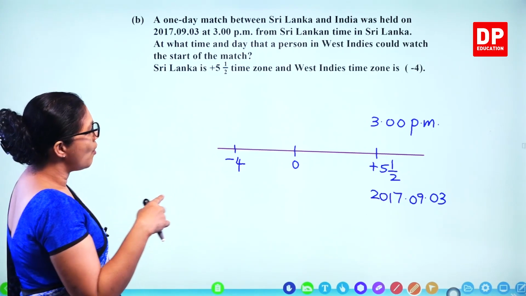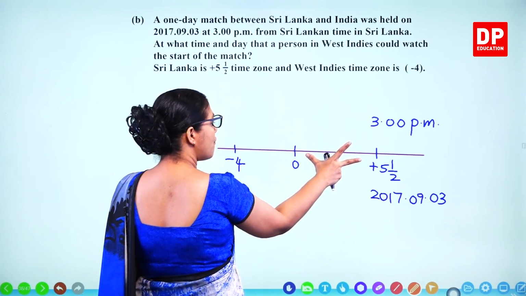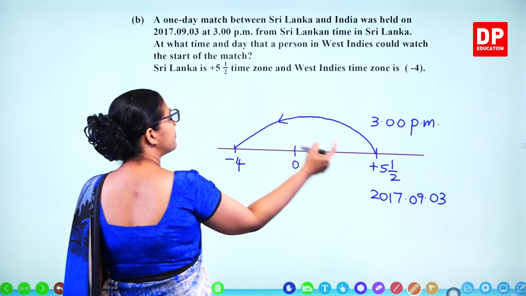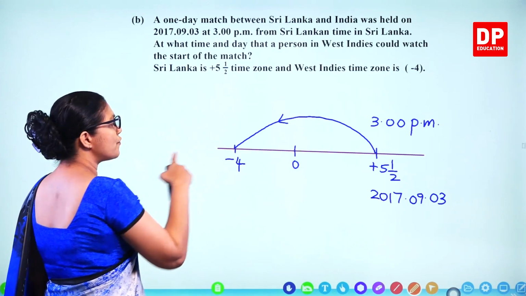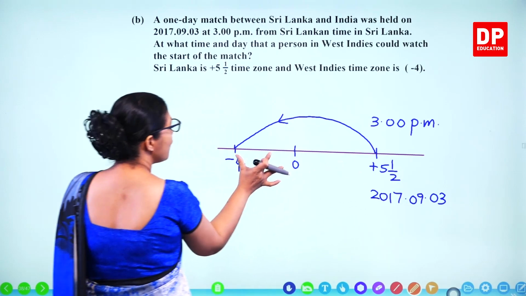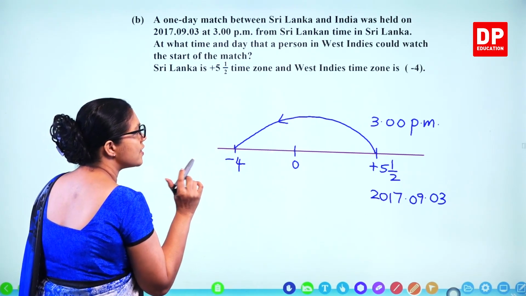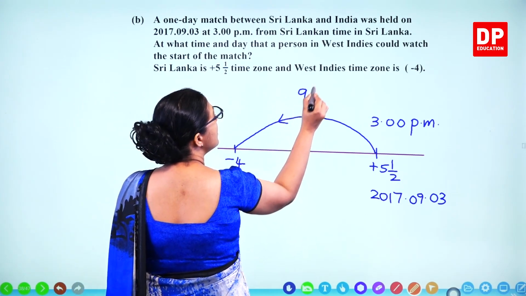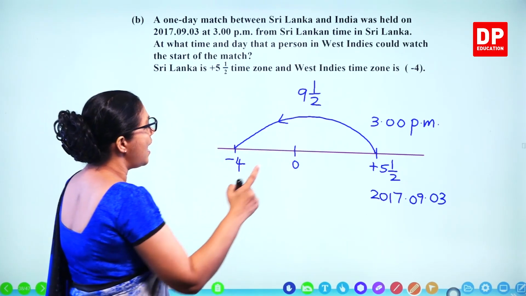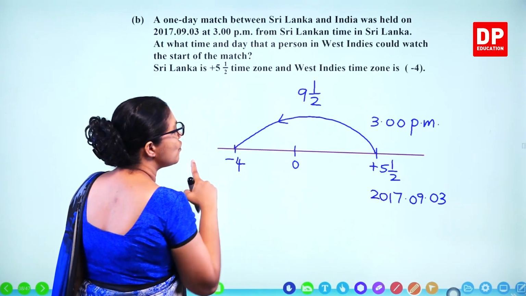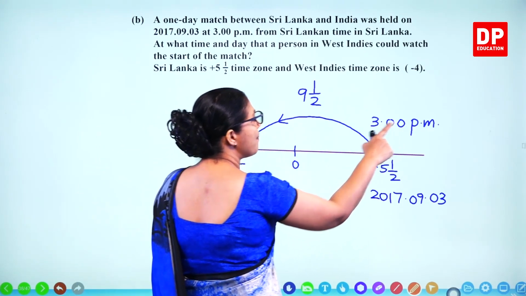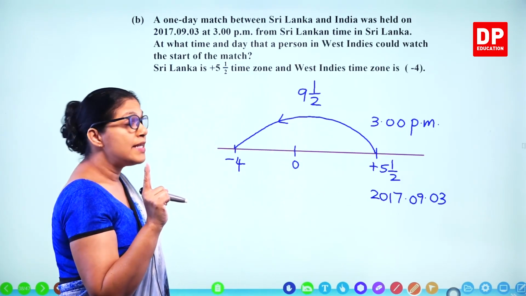So what's the value now? Here, this is 5.5. If you are taking from here to here, that's 5.5 to -4. So we are adding 5.5 and 4, 9.5 hours. From here to here, the difference is 9.5 hours. And then how do you find out the time? So this says 3 p.m. So 3 p.m. in standard form,